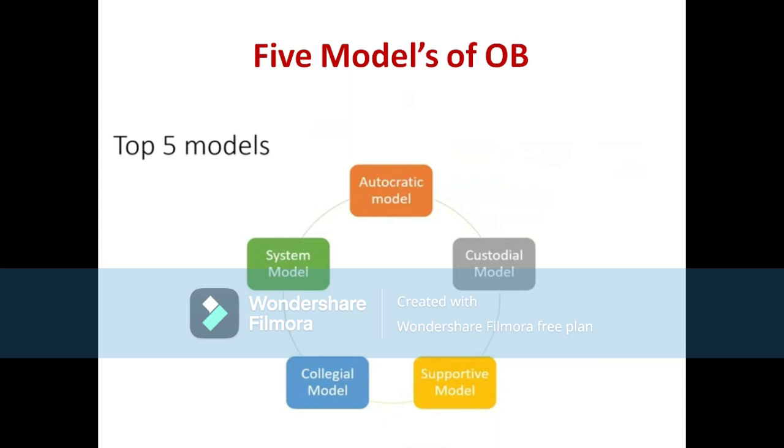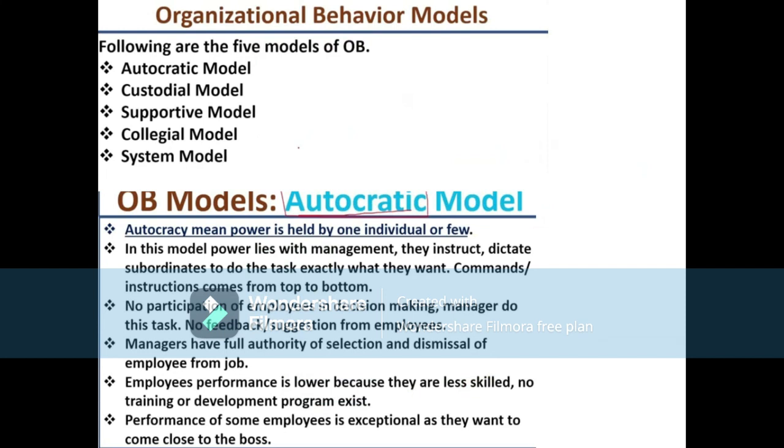One is autocratic, custodial, supportive, collegial, and system. All these are the different models of organizational behavior. Each organization follows these different types of models depending upon its organization's culture. So the first one is the autocratic model. What does the autocratic model mean? The autocratic model means